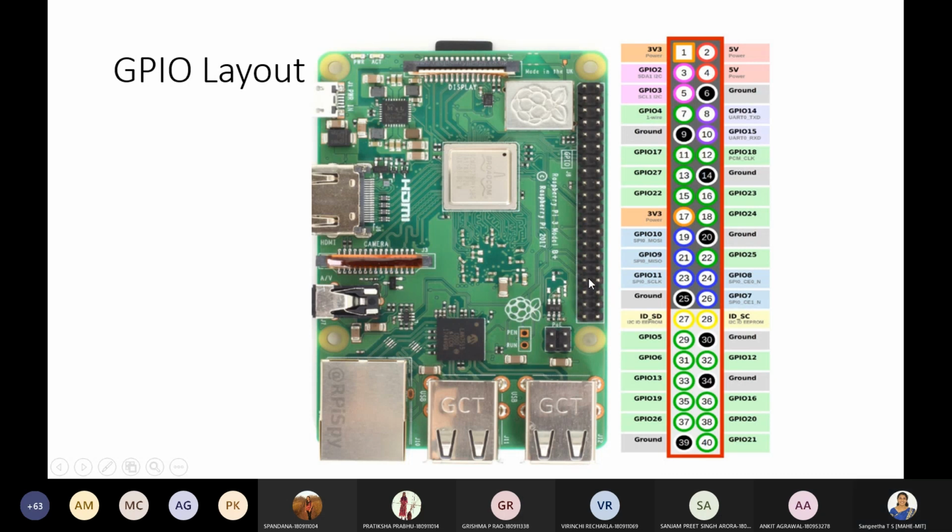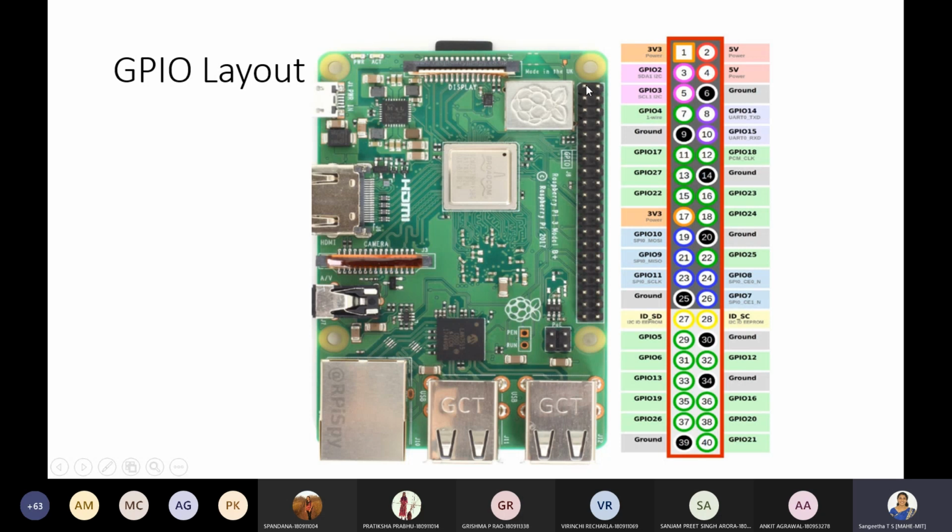So that's the purpose of this basic GPIO pin, wherein you can configure the pins as either input pins or output pins. A few of the pins you can configure as input pin or output pin, and that will help you to interact with the system, or it will help you to fetch the data from the system. So that's the purpose of these GPIO pins. And here you can see the pinout diagram.